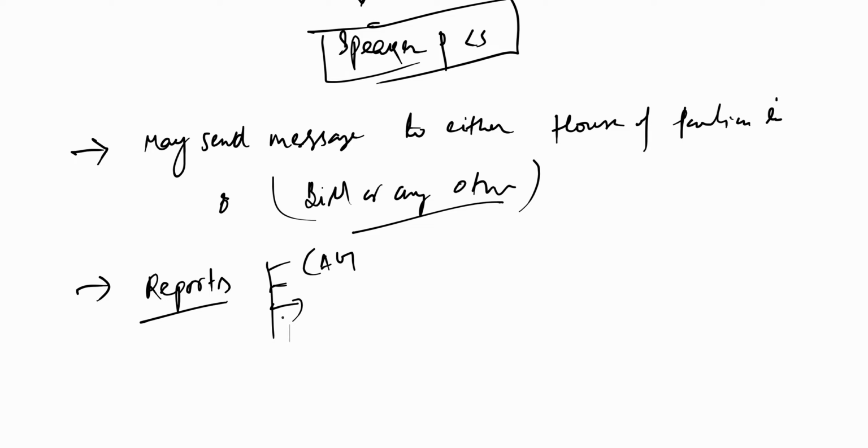Now the question can come in two ways. The question can be asked, what are the reports that the president submits or lays before the parliament? This is one. The other one, what are the reports that are submitted to the president? So it can be asked both ways. Now you tell me. So to the president, and he would lay it to the parliament. Yes, so CAG will submit its report to the president and the president will lay it in the parliament.